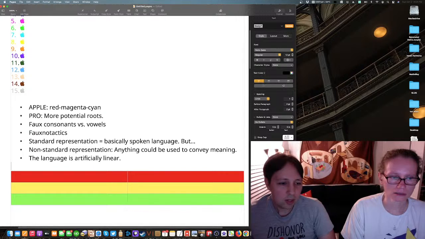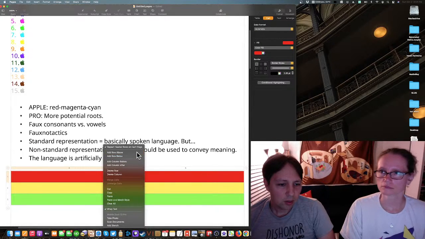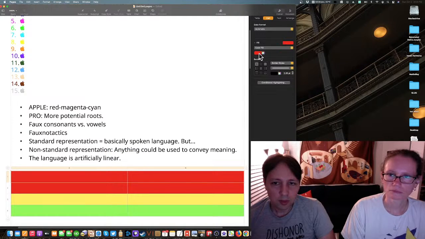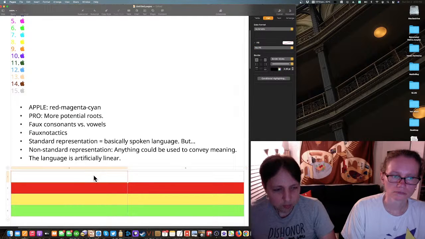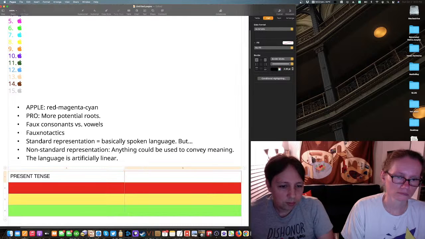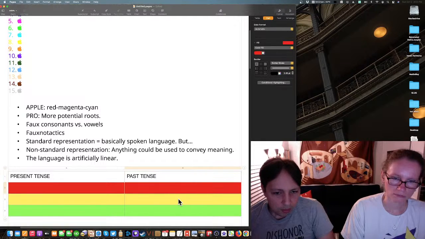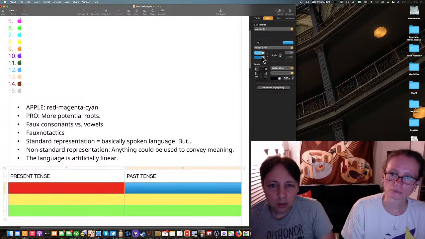Okay, so let's say, and you know what, I'm going to add a row above, and I'm just going to say that color fill, no fill. Okay, and now this is red, right?